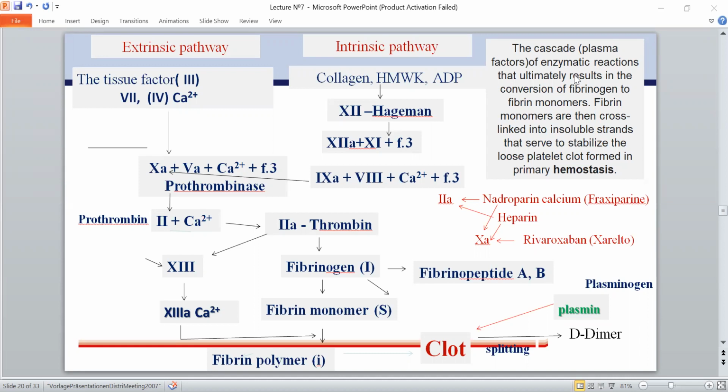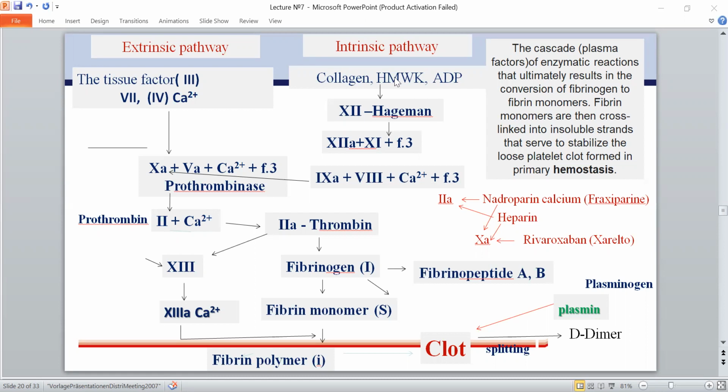There are two coagulation pathways. First of all, the intrinsic pathway and the extrinsic pathway. The extrinsic pathway starts when vessels are damaged, and cells in the blood release factor three, tissue factor, which activates factor seven and factor four, calcium ion. And second,